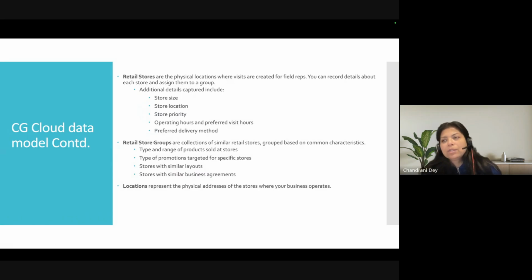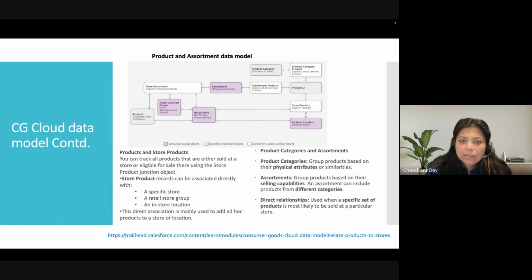Maybe in another location, that brand is not in demand that much. So this kind of data, you can capture easily in these CG Cloud objects. And if you want to make use of the enhanced data model in an optimized manner, you will have to know all these, and you'll have to know what questions you should ask your customers.